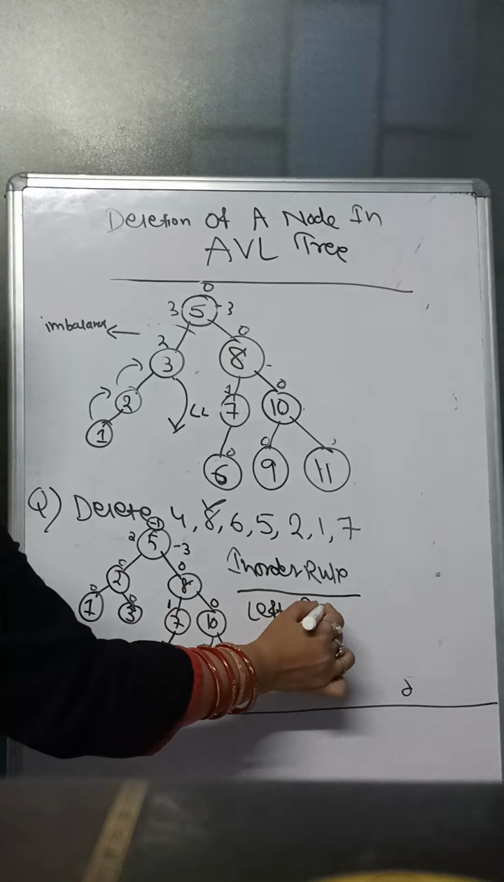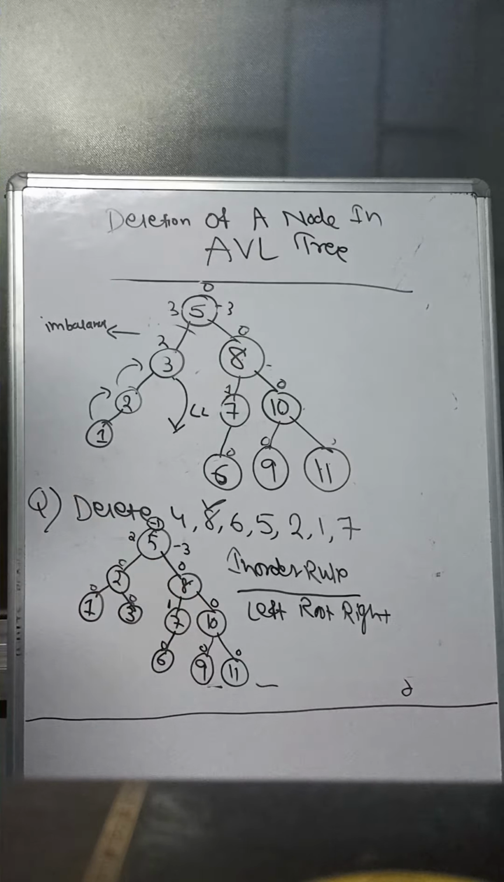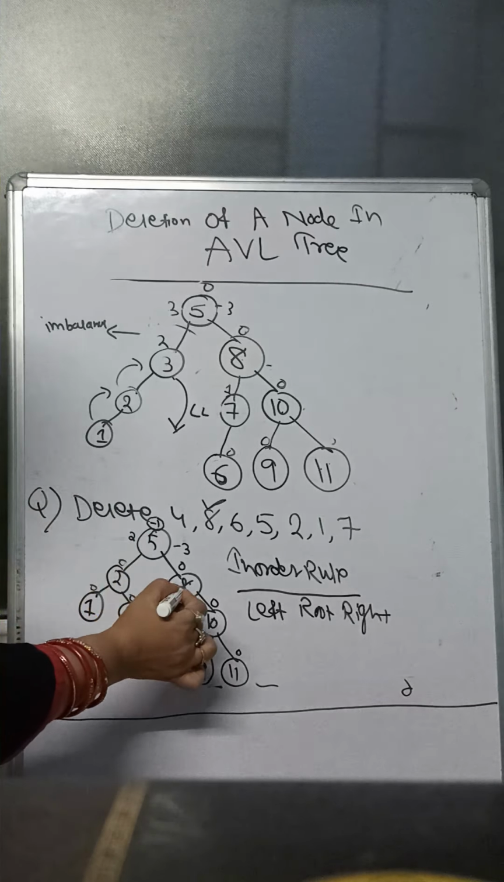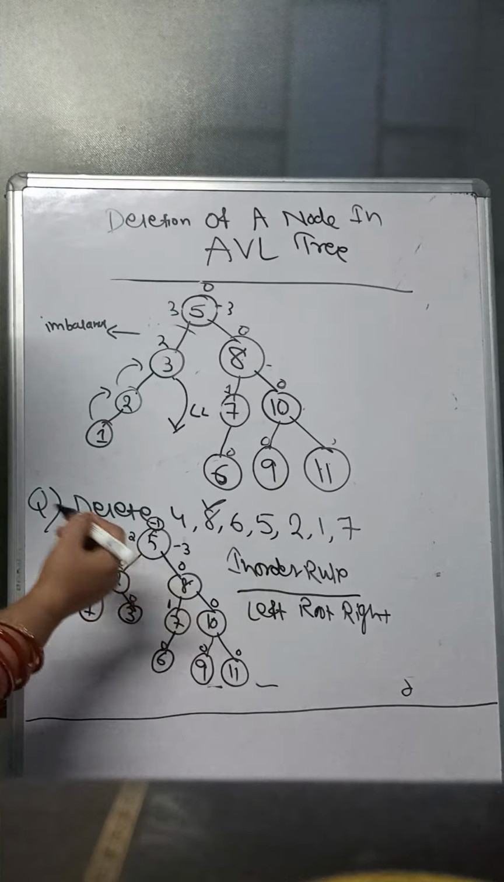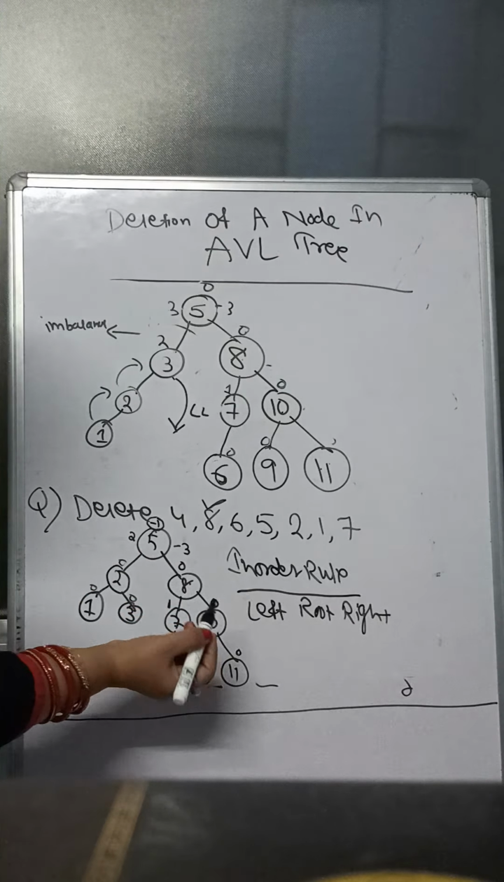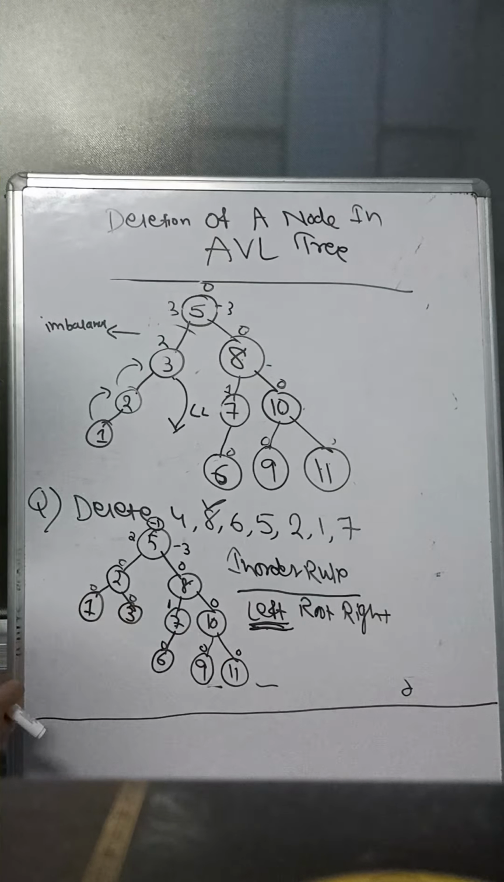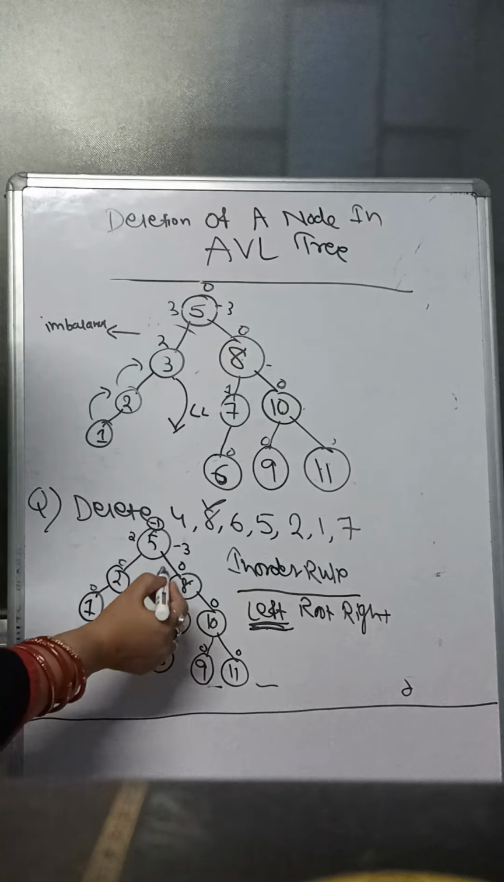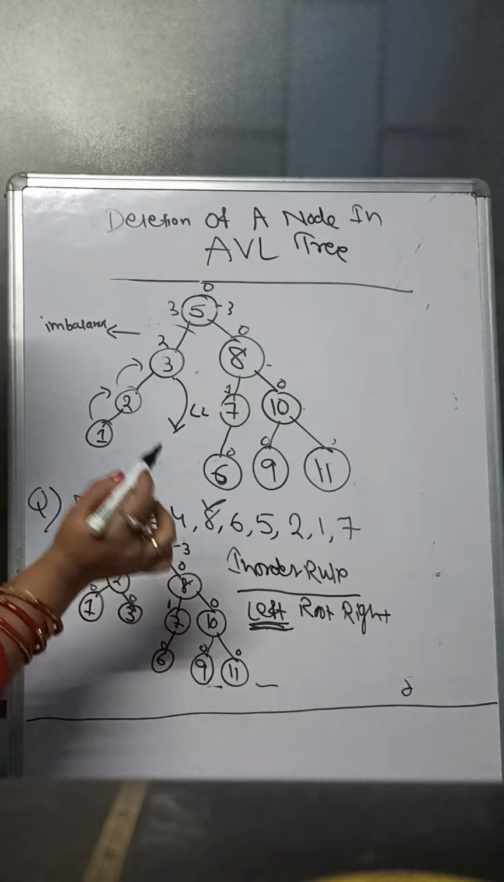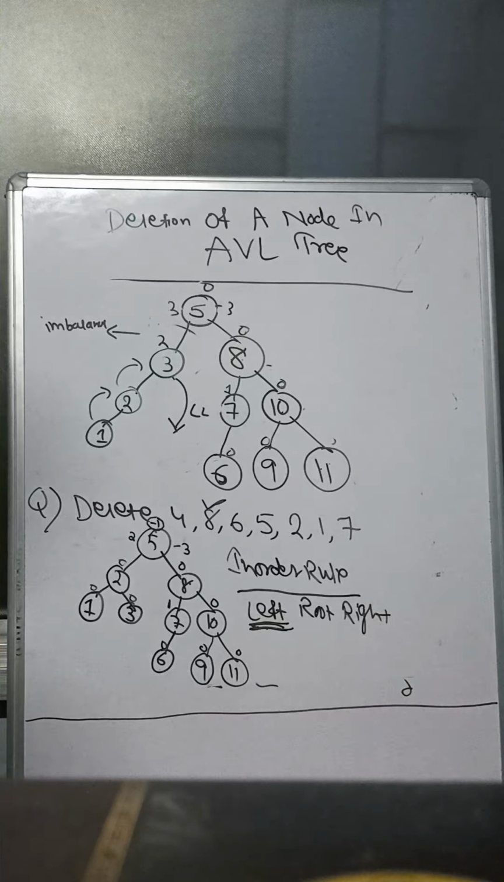Okay, so according to the in-order rule, the predecessor of 8 is 7. According to the in-order rule, the predecessor of the root is the node which is your left child. So when we delete 8, then 7 will take 8's place. Okay,